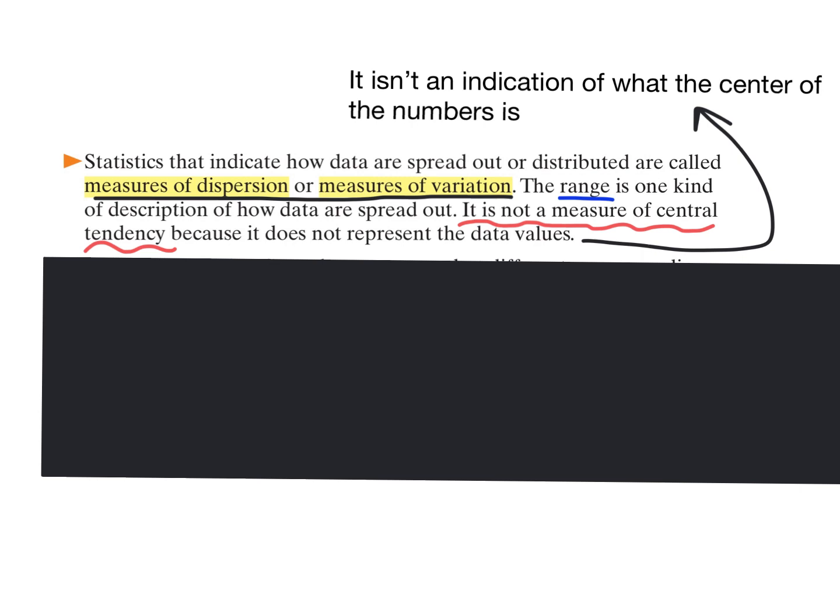The book points out it's not a measure of central tendency. The book says because it does not represent the data values. I think it's not a measure of central tendency because it really doesn't indicate where the center of the numbers is. Mean and median kind of have to do with the center of the numbers. Mode is arguable because the mode could be our smallest number or our biggest number. I've always kind of questioned calling the mode a measure of central tendency because it's a lot of times not in the center at all. So that kind of seems an odd name for it. But